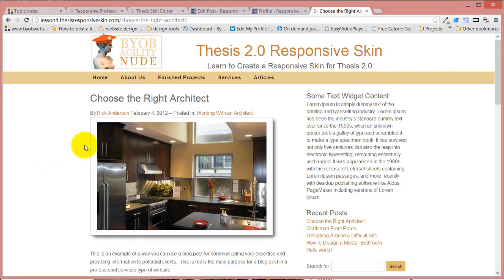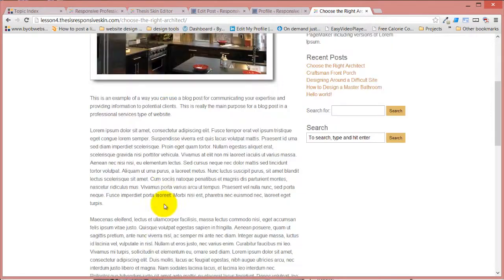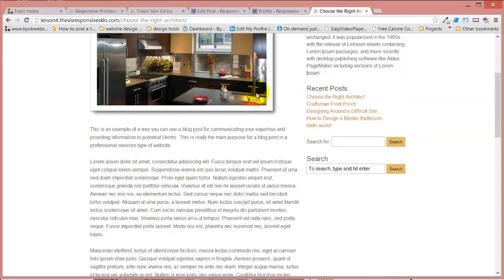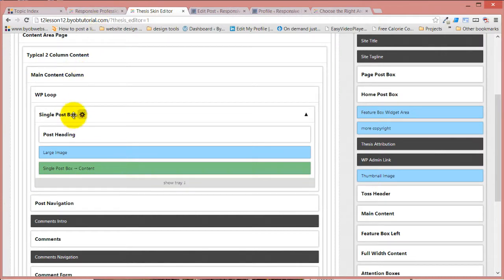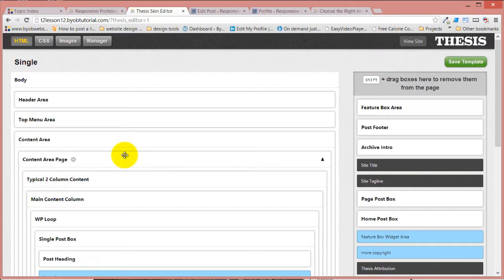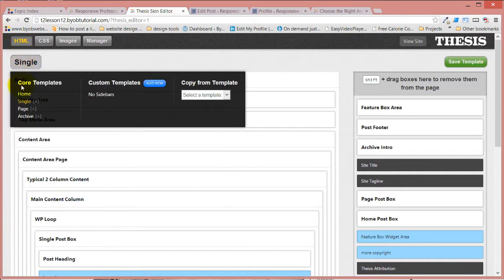Here's our single post. So we've got the title, we've got the name, the date, and the category. We've got the large image, and then we've got the content. Okay, so that's the layout of the single post box. Then you have the home page,